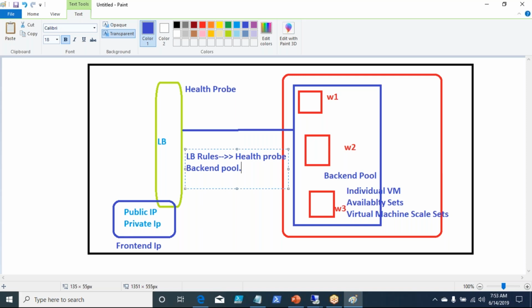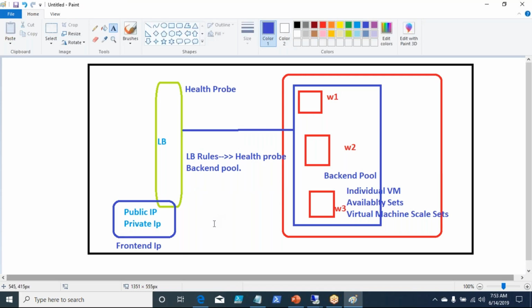Okay, so it does a health check. It finds that there is something wrong, but how many times does it have to try before it concludes that there is a problem? Will it have to try 2 or 3 attempts and take a call that okay, W1 is not responding and it is down? What is the interval and how many times? After how many times does it have to take a call that okay, service is down or server is down, right? Those are certain things that your load balancer rule will define.